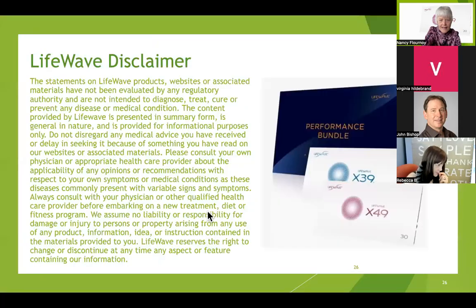I think that brings me to my disclaimer, which is that the patches don't claim to make any medical cures, to diagnose, treat, cure, or prevent diseases. If you have a disease, you need to talk to your doctor and consult with them about how these patches might be used to help in the treatment program. They are wellness patches, and they are designed to support your health and well-being. So with that,